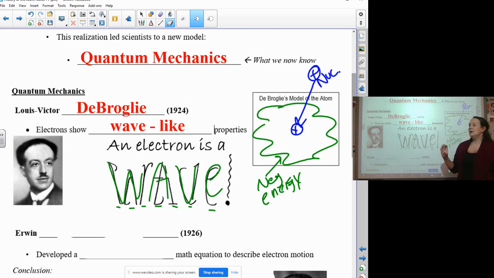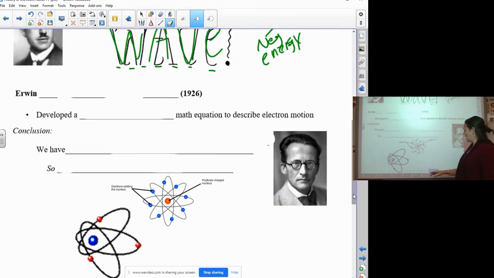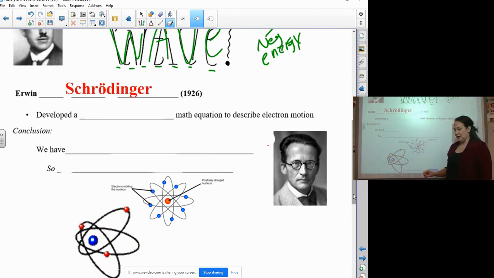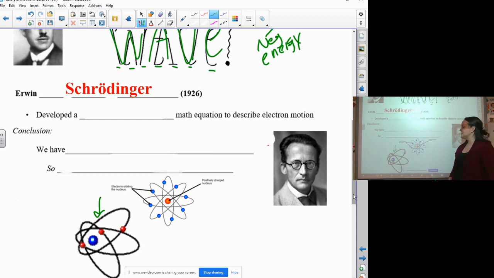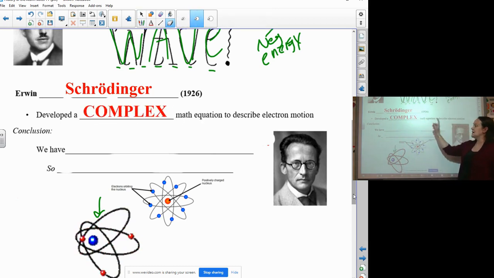And so then we still had an issue though with these little predictable paths. And so you might have heard of Mr. Schrodinger, depending on where you are in your psychology classes, but Erwin Schrodinger came along and he was extremely intelligent, very into math, used math to explain everything. And what he did was he tried to investigate, like Bohr said, all of these things move in these predictable little paths. We should be able to predict where those electrons are going. Okay, so he set out to try to figure out exactly where the electrons are, and he developed a complex